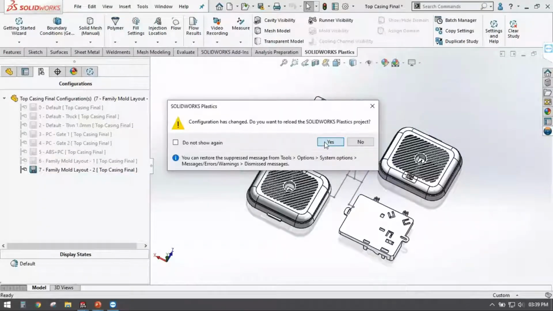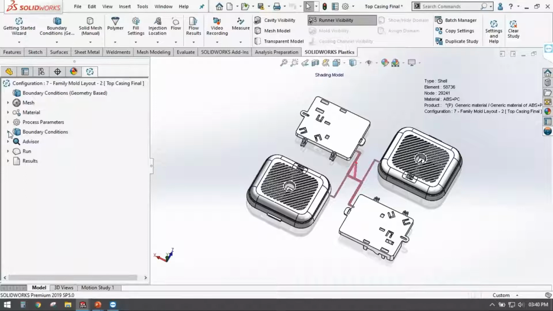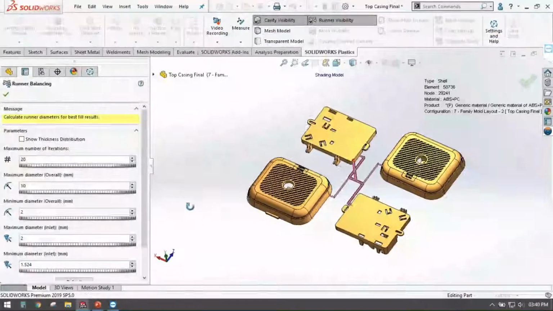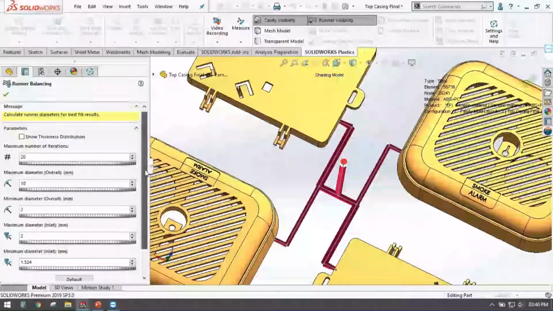So this is one of the good tools which most of the SolidWorks Plastics users are very much using. SolidWorks Plastics has an inbuilt intelligence in which, for all the 4 cavities, it will make sure that they are filling in the same amount of time. With the help of the runner balancing system over here, it will increase and decrease the runners.